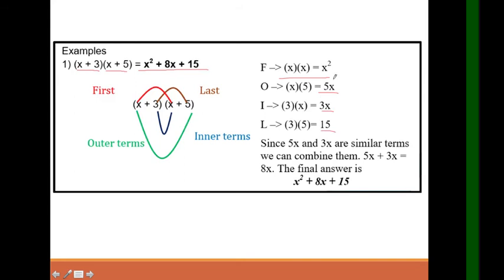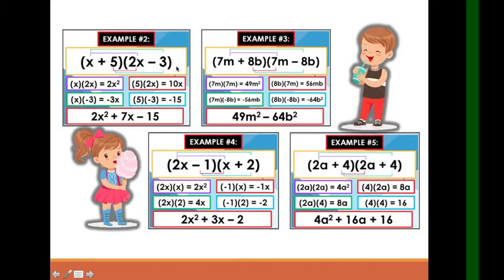After that, yung 5x at saka 3x are similar terms, which means we can combine them. So, 5x at saka 3x, pwede silang pag-add. The answer is 8x. That's why our final answer is x squared plus 8x, itong addition nito, plus 15. Ito yung final answer natin. Okay? So, another examples, we have,